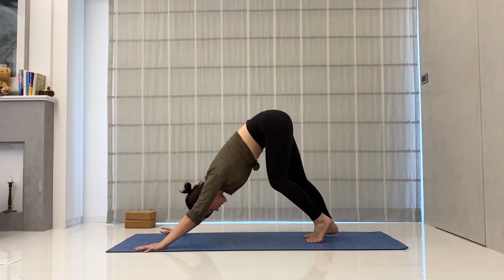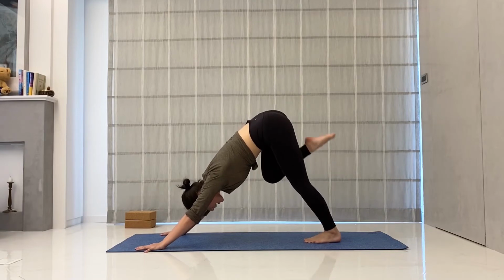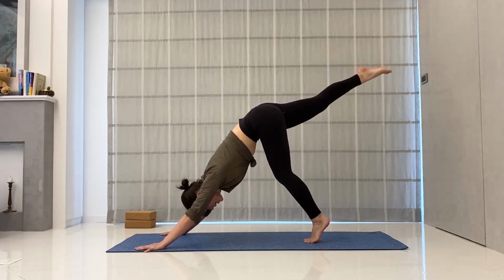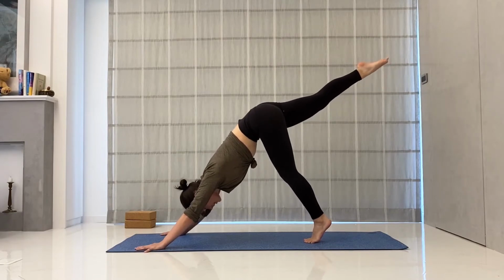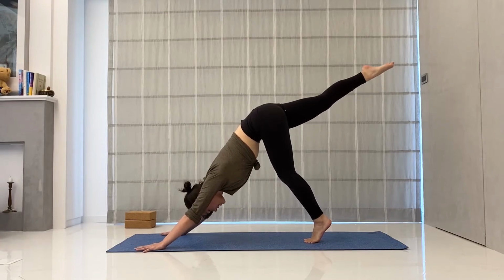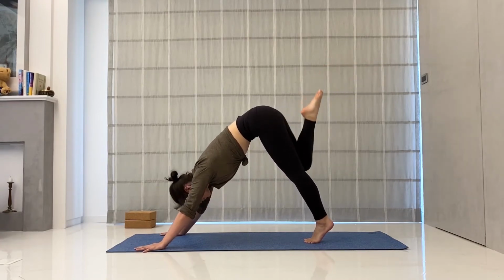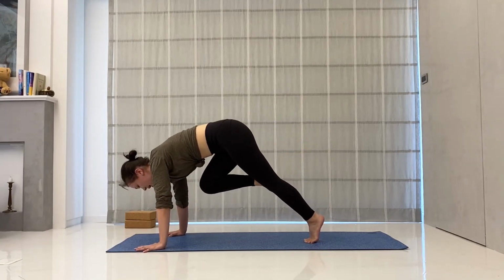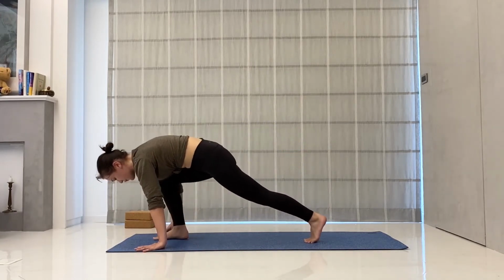On your next inhale, lift your right leg up into the sky, keeping your hips square. I prefer to lift my left heel. It helps with the hip square. It's like a little trick I use. And take one more inhale here. Exhale as you bring your knee into your chest, coming into plank, and then silently placing your foot in between